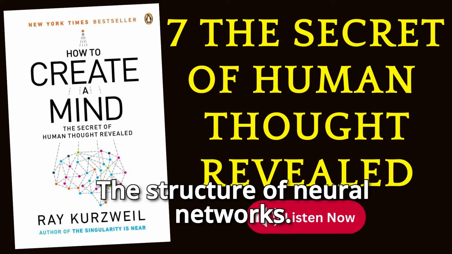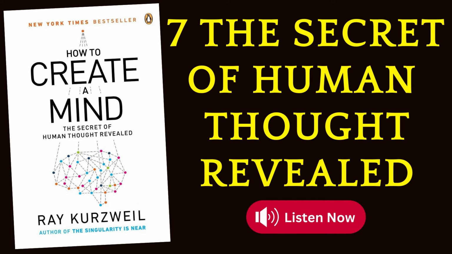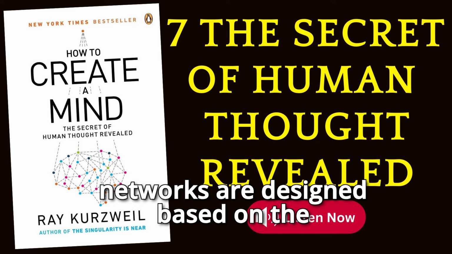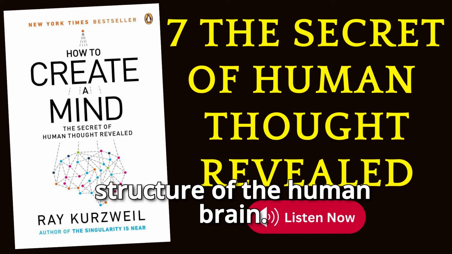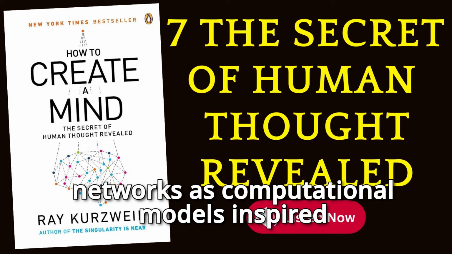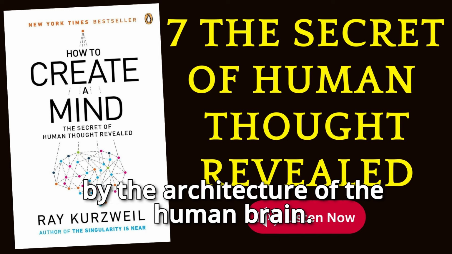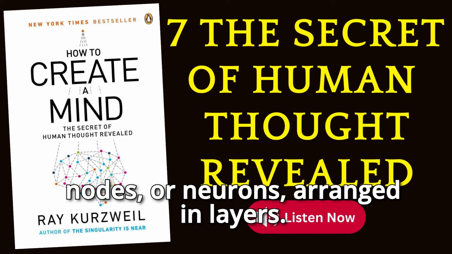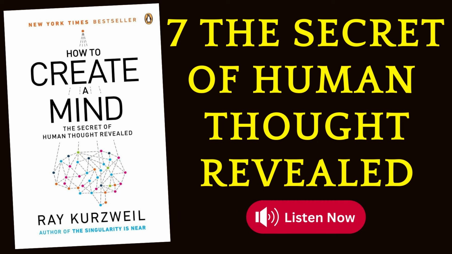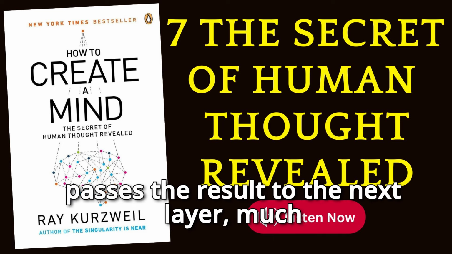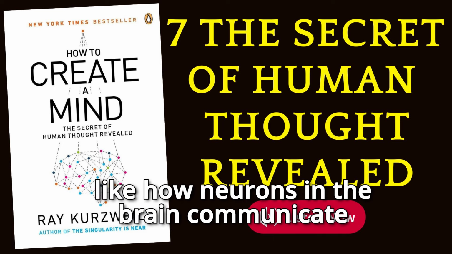Example 1. The structure of neural networks. Scenario: Kurzweil explains how artificial neural networks are designed based on the structure of the human brain. Narrative: Kurzweil describes artificial neural networks as computational models inspired by the architecture of the human brain. These networks consist of interconnected nodes, or neurons, arranged in layers. Each neuron processes input data and passes the result to the next layer, much like how neurons in the brain